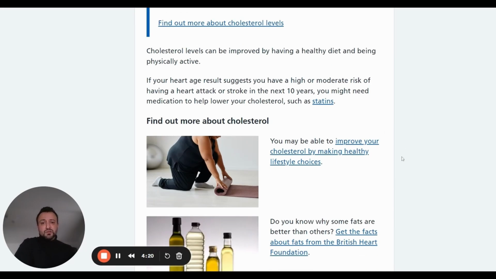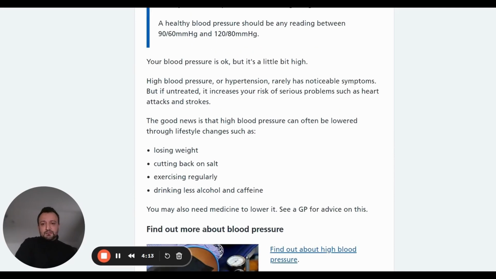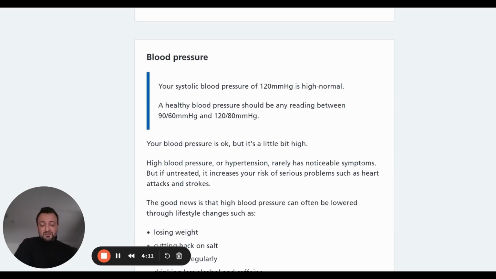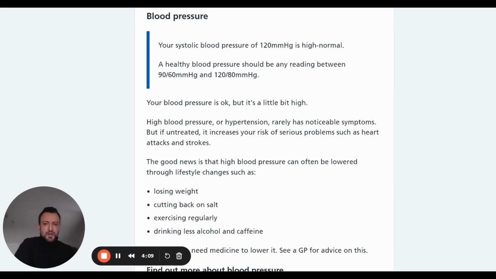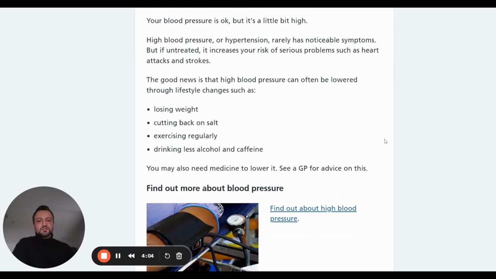Cholesterol levels, it says that you can improve through different means. And then blood pressure, it's saying that my blood pressure is high to normal. Again, a slightly lower level is good, but 120 for most people that I see is actually not too bad. But it's saying here that it is a little bit high, and it gives us some advice on ways to